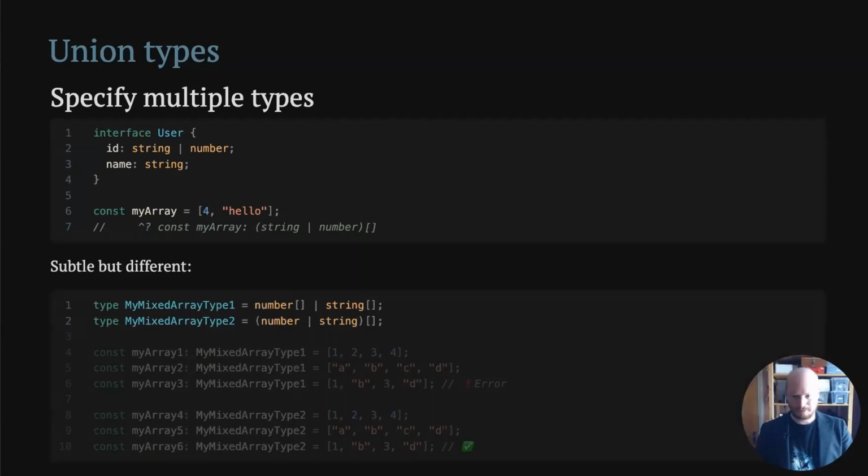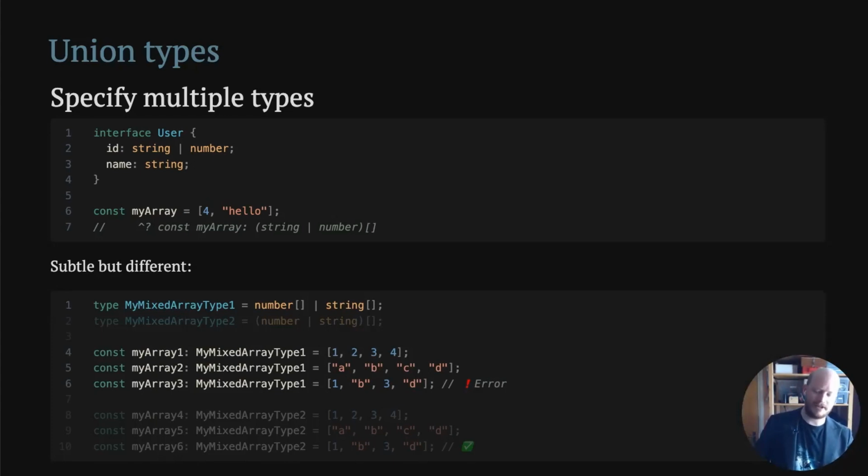And there are these two lines here, lines 1 and 2, my mixed array type 1 and 2. They are different, but they are really important. For the first one here, we say that it's an array of numbers or an array of strings. And we have 3 test cases here. The array 1, 2, 3, and 4 works fine.